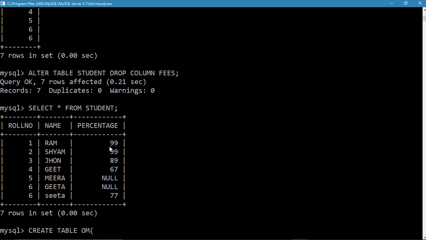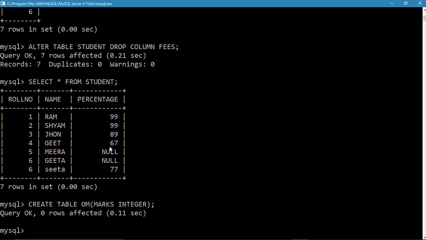Say it be marks, and data type of it integer. See, this table has been created. You want to see this table, we have not entered anything inside it.